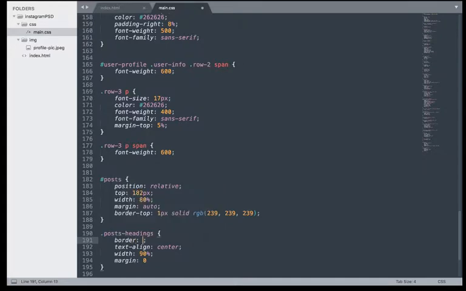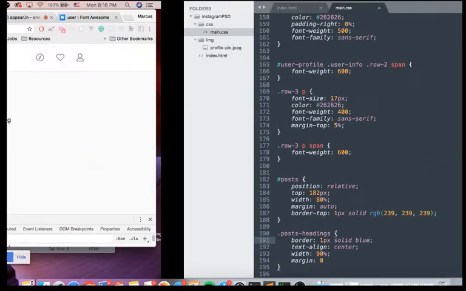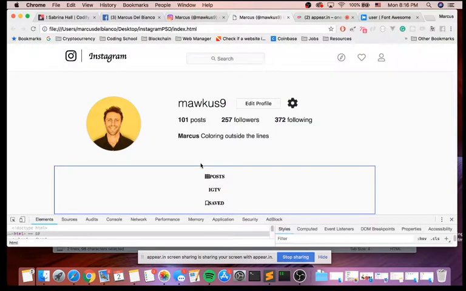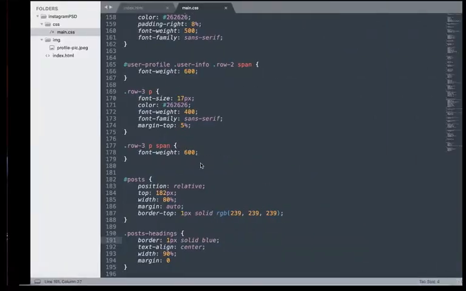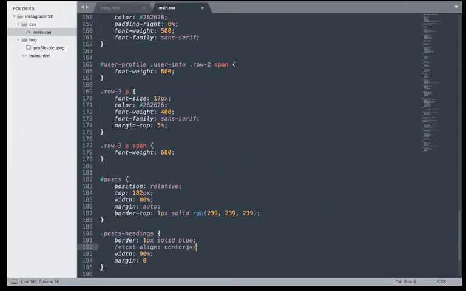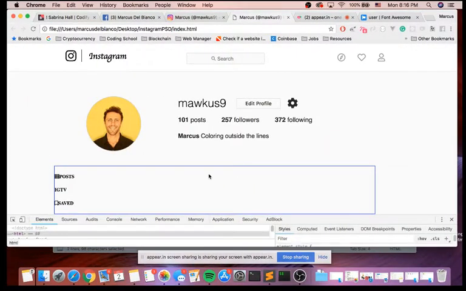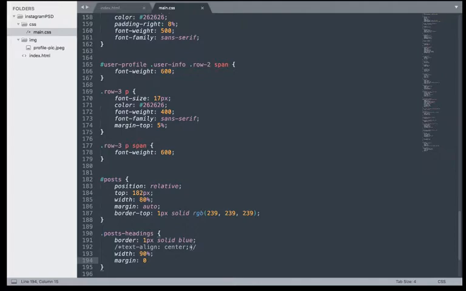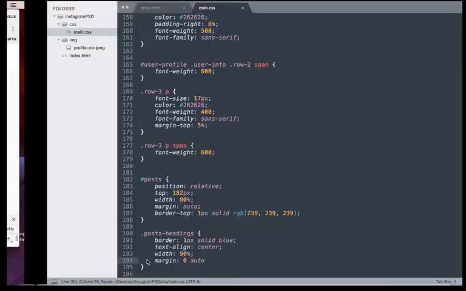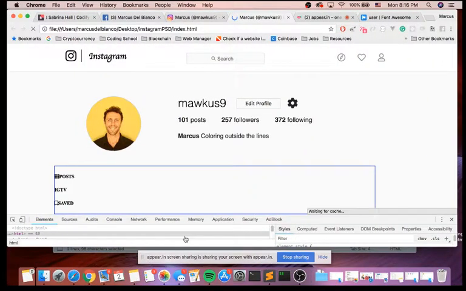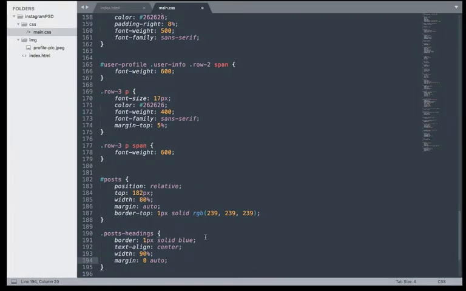Oh, so here's one thing. Let's stop one minute. Let's go to our Instagram page. Now on our posts, we have this little line up top. So in order for us to get that there, we can use our border top for that H5, and we can put some padding in to space the words down. So let me show you how we'll do this. So with a margin of 0px,